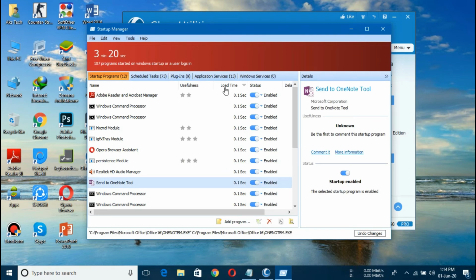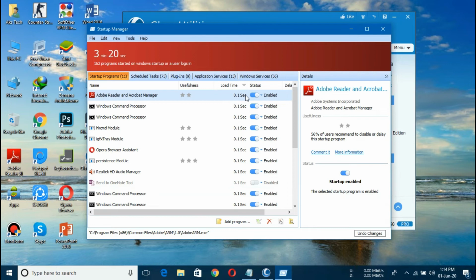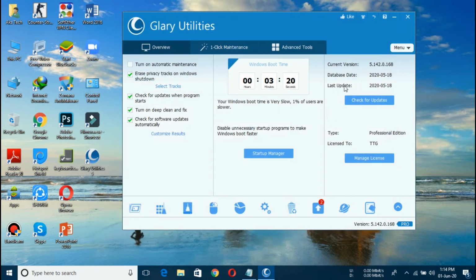Here is the load time, that is how much load time would be decreased when I disable them and how much load time would be increased when I enable them. This data will be loaded only when you restart your computer again and again after installing Glary Utilities. On the first time, these will not be shown because these are made by Glary Utilities.